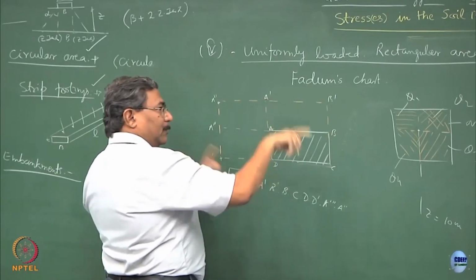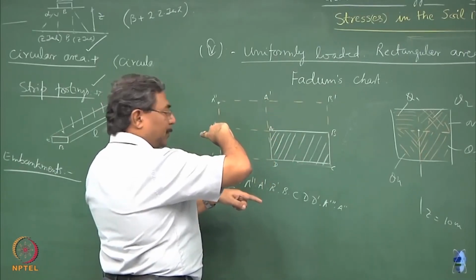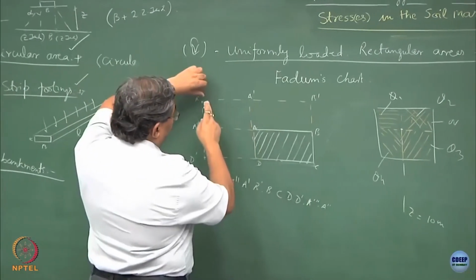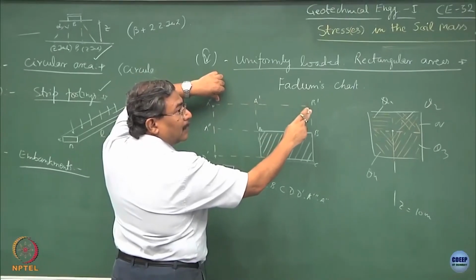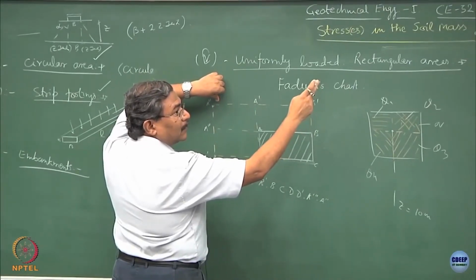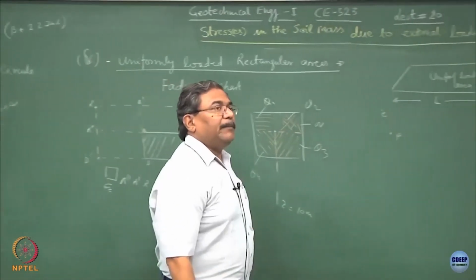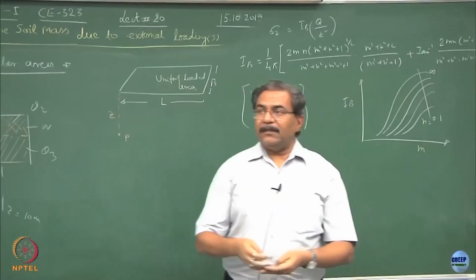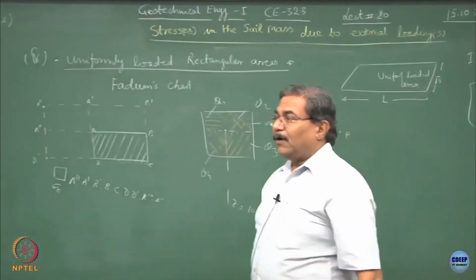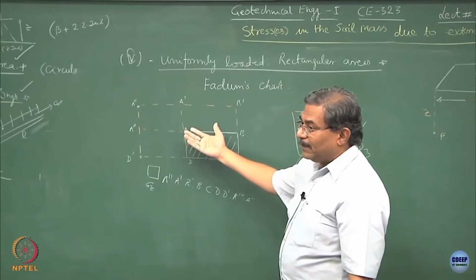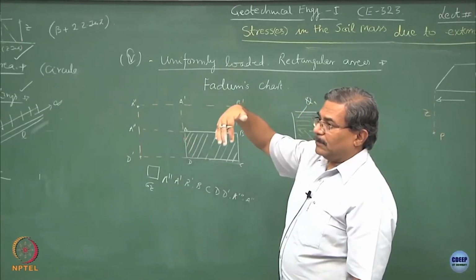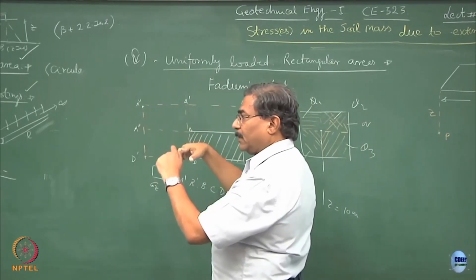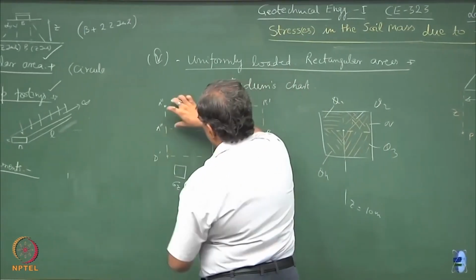Now, how would you use the superimposition principle? You will have to subtract the effect of stress which is coming because of the extended portions, that is it. So, the method of superimposition can be done in 2 ways. Either you club the stresses, make them summed up, or you can use them as a subtraction also. So, this portion is not contributing and hence I can subtract the stresses which are going to come because of this strip,